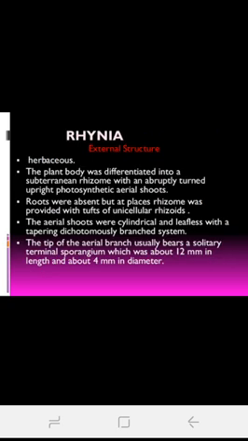So now let us pass on to two genera that are given in your syllabus. Detailed study is required. The first one is Rhynia. Rhynia is a fossilized pteridophyte. It is a primitive pteridophyte group, and Rhynia occurs in the Paleozoic era. So let us pass on to its anatomical and morphological structure. Rhynia is a herbaceous plant.